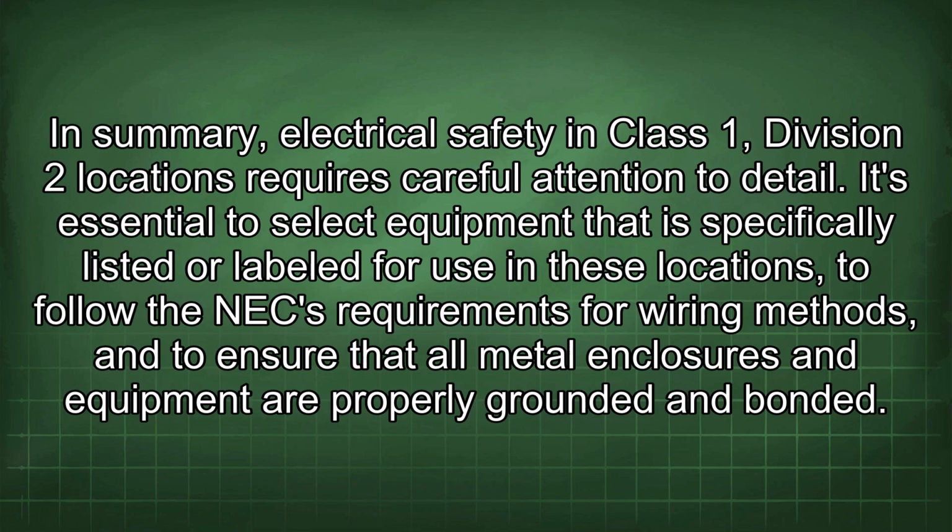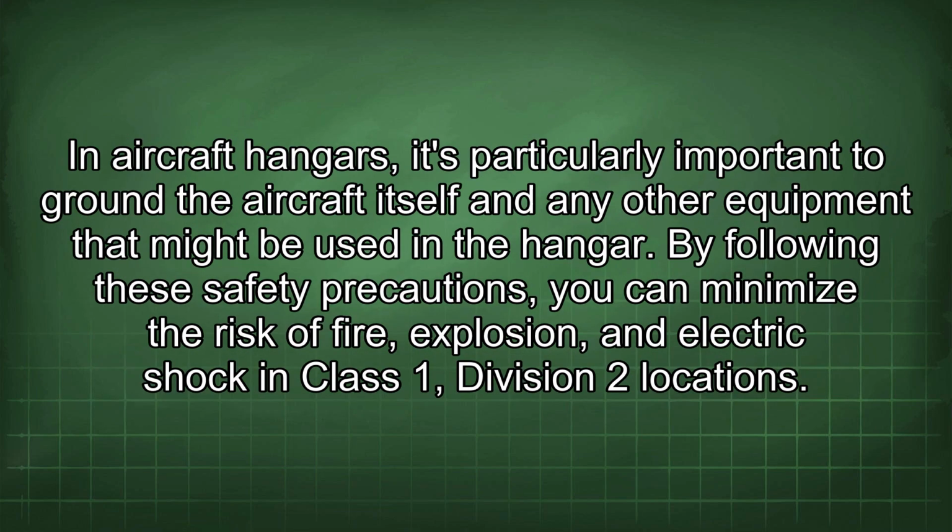In summary, electrical safety in Class 1, Division 2 locations requires careful attention to detail. It's essential to select equipment that is specifically listed or labeled for use in these locations, to follow the NEC requirements for wiring methods, and to ensure that all metal enclosures and equipment are properly grounded and bonded. In aircraft hangars, it's particularly important to ground the aircraft itself and any other equipment that might be used in the hangar. By following these safety precautions, you can minimize the risk of fire, explosion, and electric shock in Class